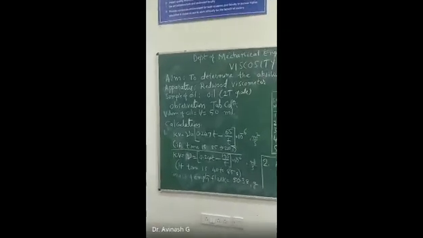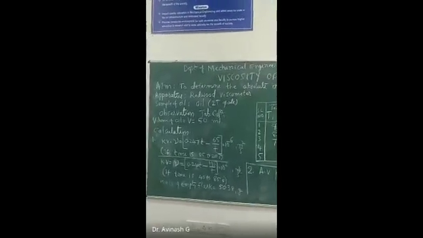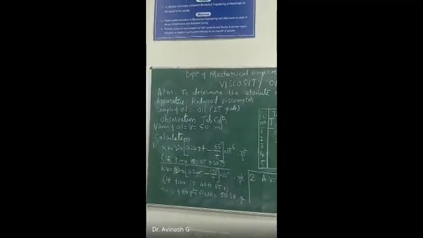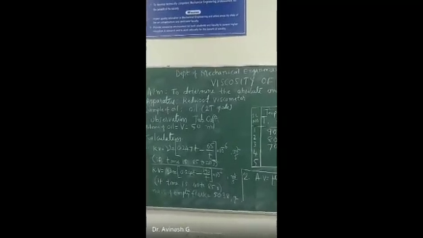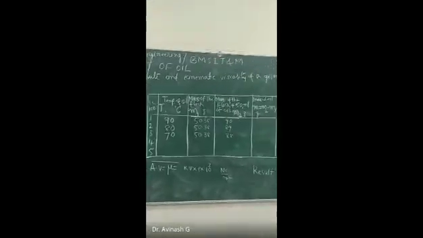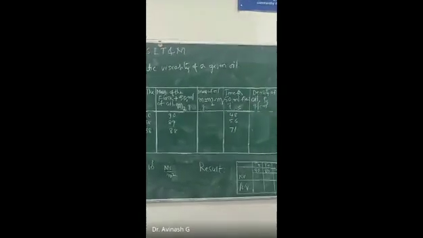Now, this is the calculation procedure and the tabular column to take down the readings as well as to put in the values after the calculation. This is the procedure you have to follow for the Redwood viscometer. Okay. This is the tabular column. Here we are given only the readings.